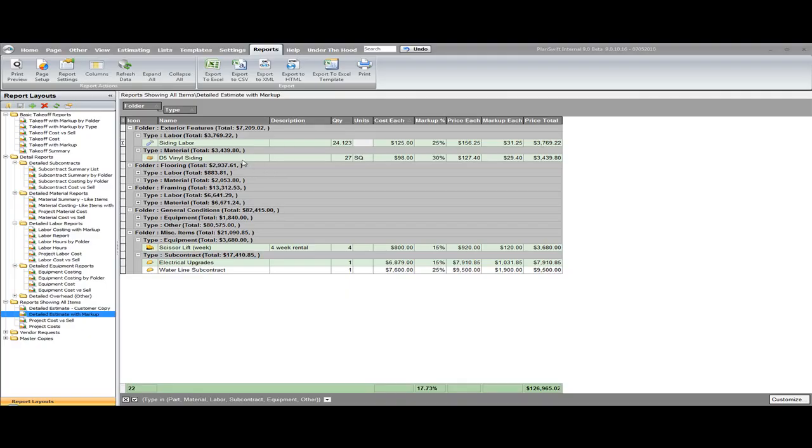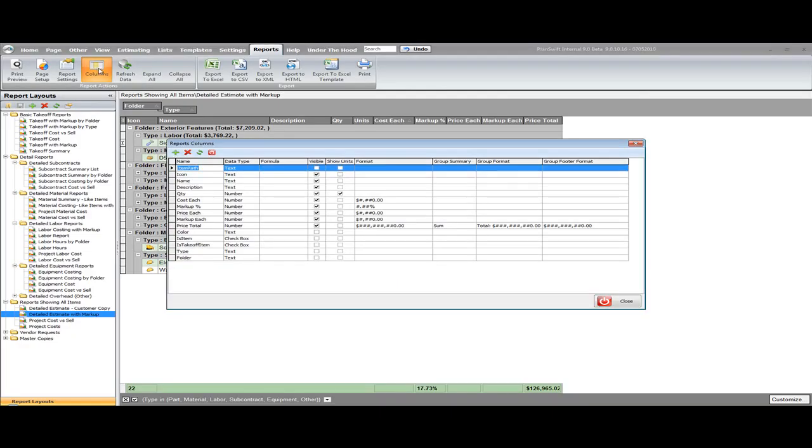A couple other things to talk about while we're doing this overview of the reports. You'll notice that I have some subtotals going on based on my grouping. That's all handled, and the format that's being displayed here is handled under the columns. So if I click the columns button, you'll see for this report, and this is specific only to this one report, where I've set specific formats on how I want to see that data presented to me on the screen